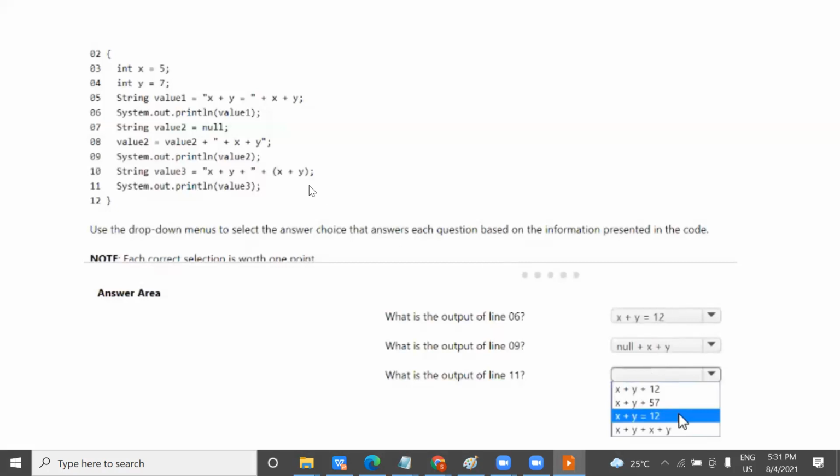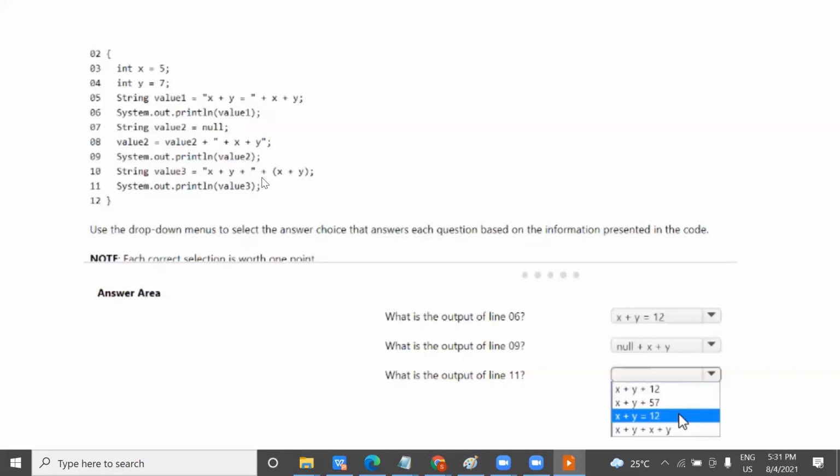Now in the next option, value 2 will become what? Null. And if you place null here in the value 2 plus in a double quotation, it is going to print as it is. So what will be the output? Null plus in double quotation, whatever, it will print as it is, right? Now the third one will be x plus y in double quotation, so x plus y plus will come.